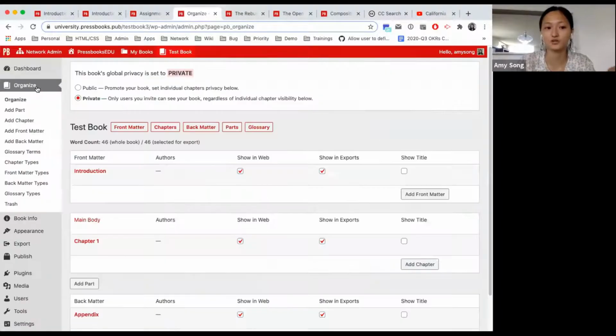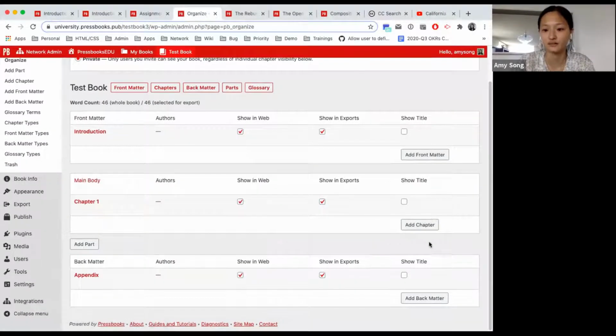As I'd said, there's a module called Organize, and this is where you would come to write a book. So you can add front matter, add chapter, add back matter, etc. There is the 5R version. So OER promotes 5 R's, which is retain, reuse, revise, remix, and redistribute, which means that you're able to bring